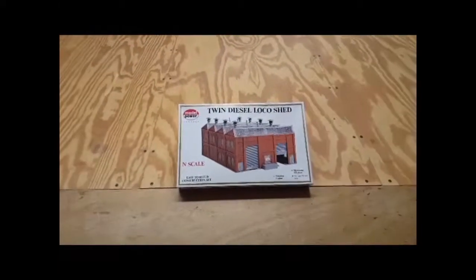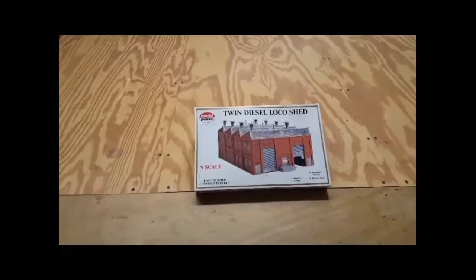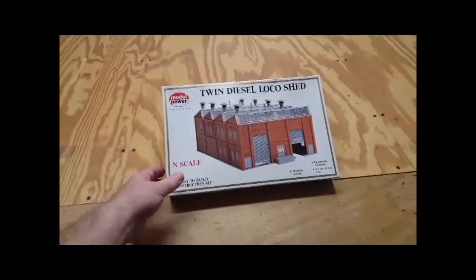Next, I would like to go through some layout progress, and in the process we'll do a quick tour. So thank you very much. Stay tuned. The major progress on the layout has been the completion and modification of this nice kit from a